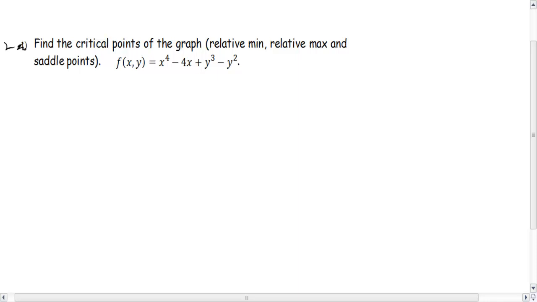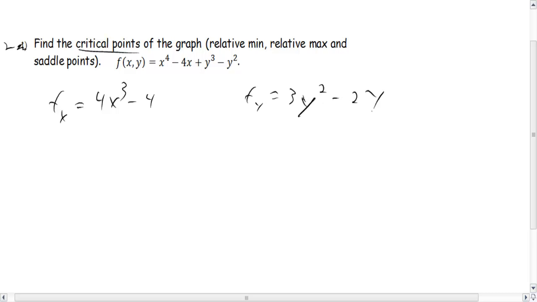Here we are in problem 2 for review for the test. So first things first, finding critical points. I'm going to run through this as fast as I can. Finding critical points. We're going to take the partial derivative of our function with respect to x, which would just be 4x cubed minus 4, and then with respect to y, which would be 3y squared